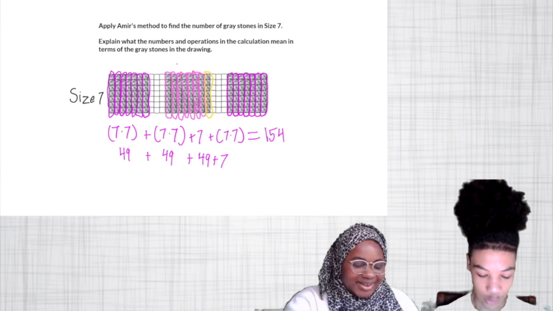They did it! Were you able to reproduce Amir's method as well? ET and Halima were able to label and explain the size 7 cobblestone using Amir's method. They knew, without counting, the number of stones in each column and the number of columns in each section. This gave them the equation, the quantity 7 times 7 plus 7 times 7 plus 7 plus 7 times 7